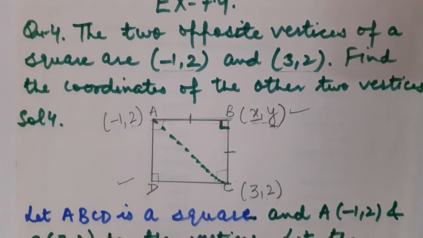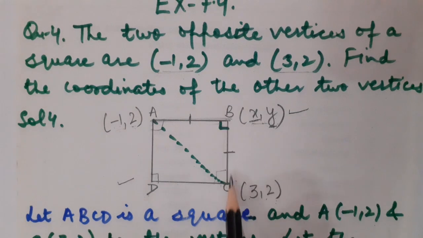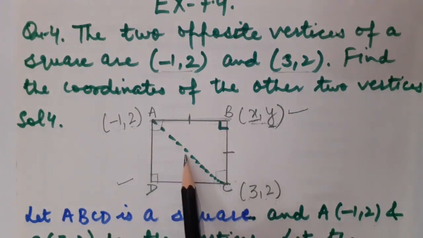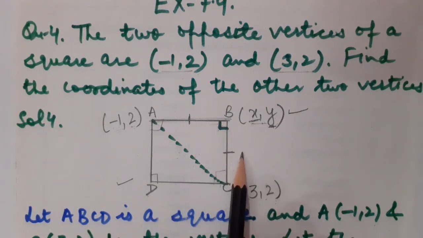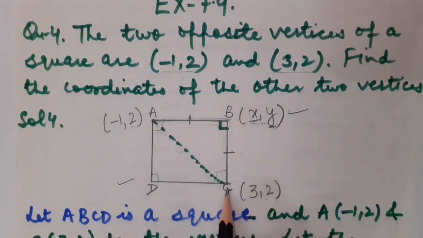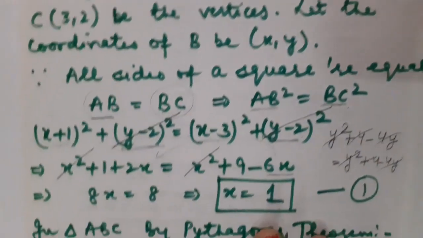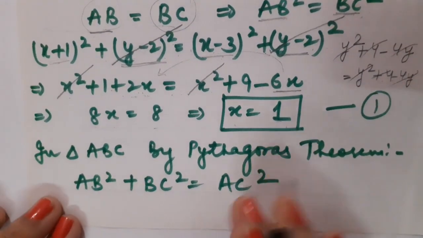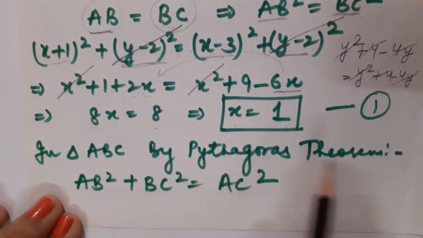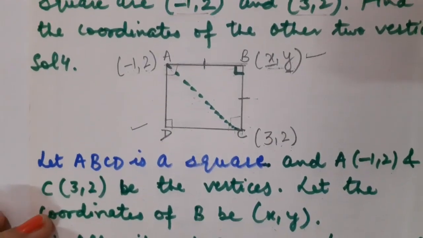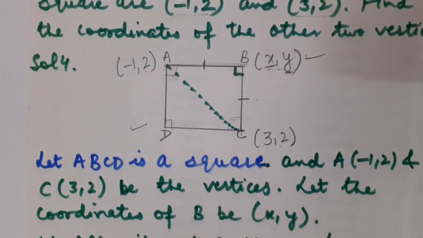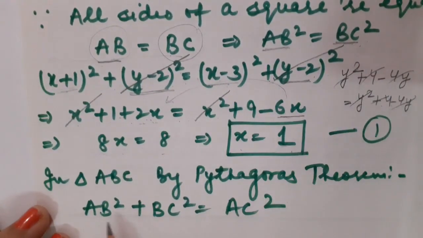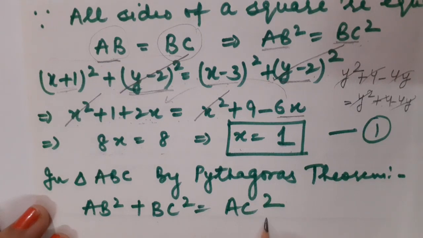And this is applicable only in a right angled triangle. So in a right angled triangle, the square of the side which is opposite to 90 degrees is equal to the sum of the squares of the other two sides. In other words, what can we say? That hypotenuse square is equal to base square plus height square. So now I am going to apply Pythagoras theorem in triangle ABC. So in triangle ABC, by Pythagoras theorem, children, just have a look. Which side is opposite to 90? That is AC. So this would be the hypotenuse. So what should I write here? That is AB square plus BC square is equal to AC square.